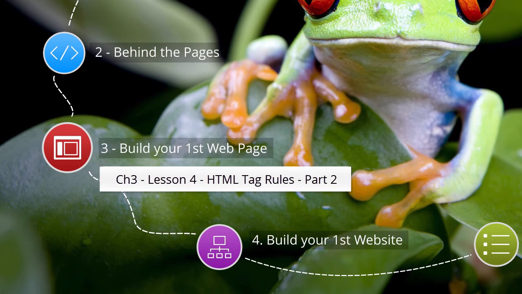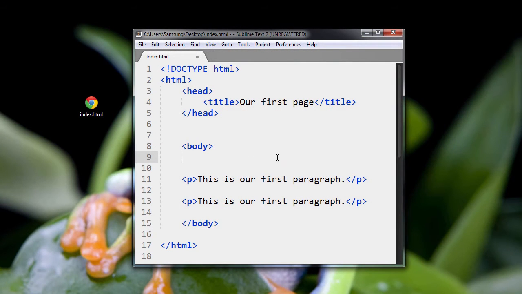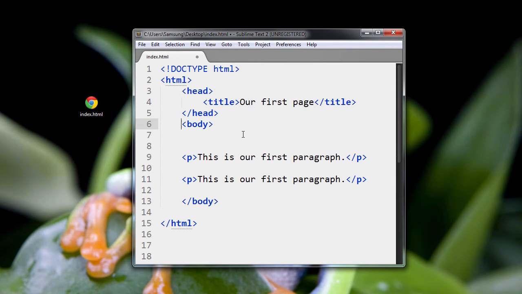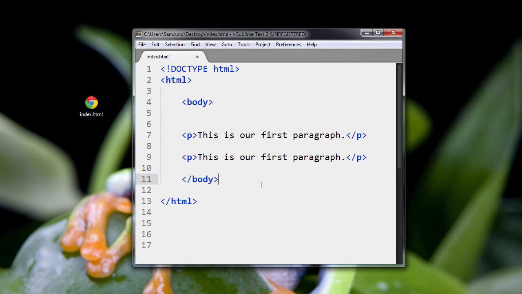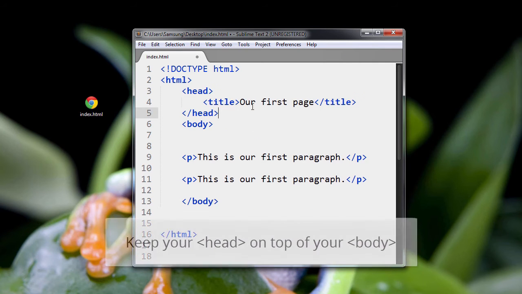Another important tag rule is to keep tags where they belong. So what do I mean by that? Well, there are certain tags that belong in certain sections of your web page. So for instance, the head section always is supposed to be on top of the body section. This is good, but if I put the head section down here, this is no good. So you've got to remember, when you build your pages, you want to keep your head always on top of